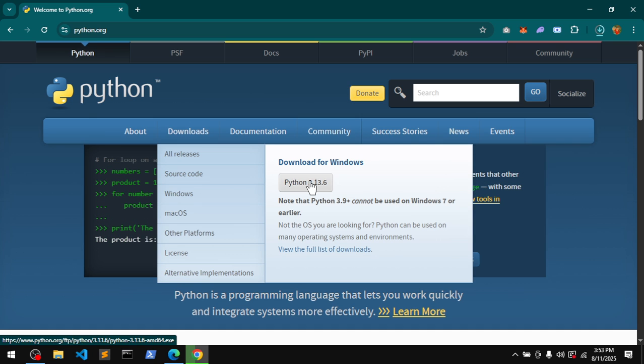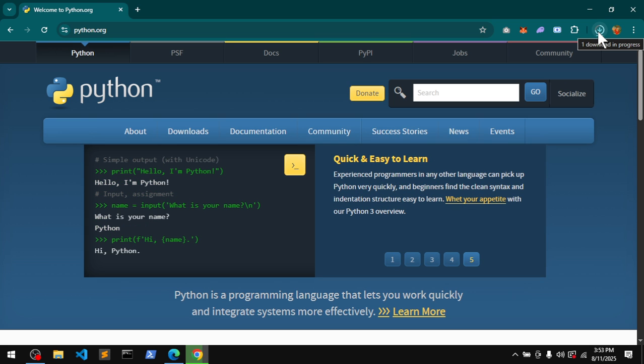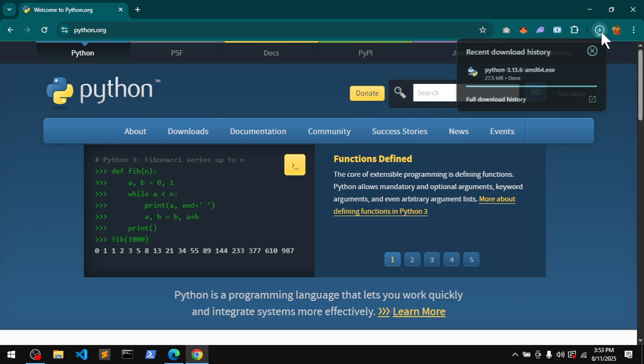Web-based installer shouldn't take long time. Once it is downloaded, we can install Python quickly with this installer. So let this installation complete, and this is almost done. So I'm going to launch it. Once it is installed, you can locate this file,